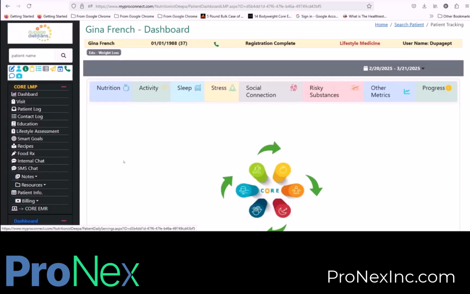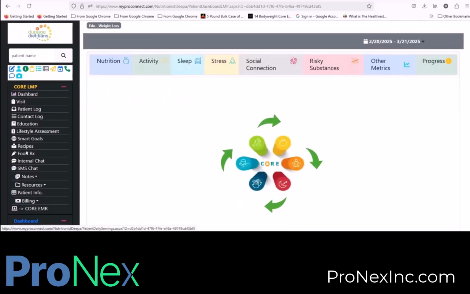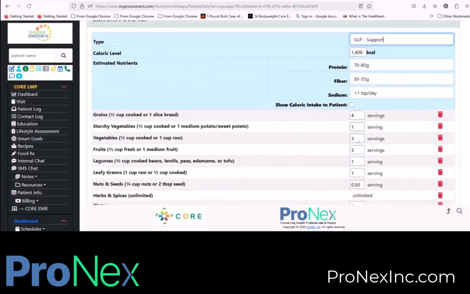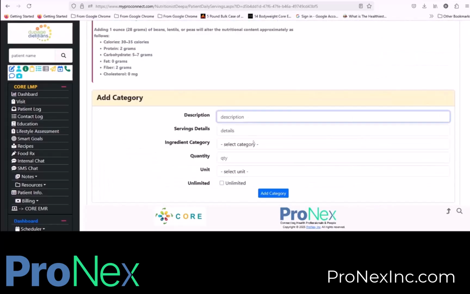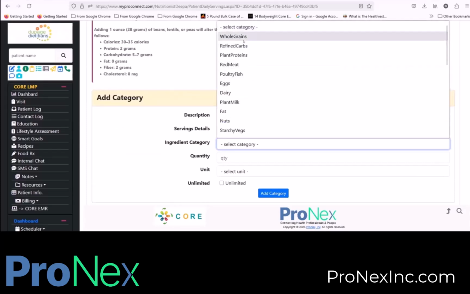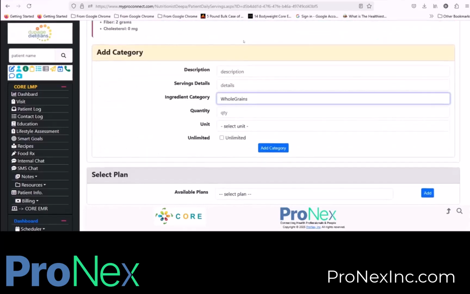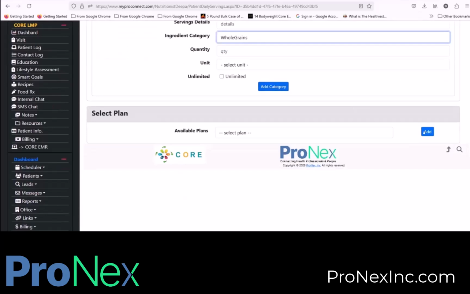in the core platform. So the way this works is you click on food prescription and you can select the plan that you want to create. In this case, for example, GLP support, you can choose the calories, the micronutrients, and our AI agents will help you add the calories and adjust the nutrient levels accordingly. Okay, and once this is created, you can just send it to your patients and they will get the food